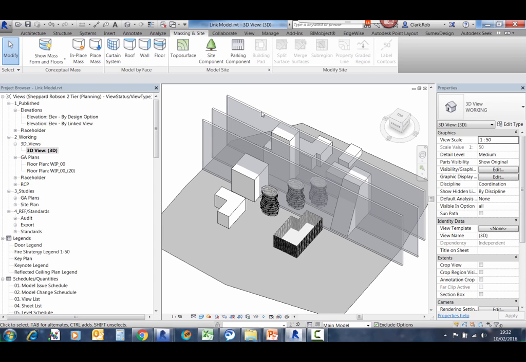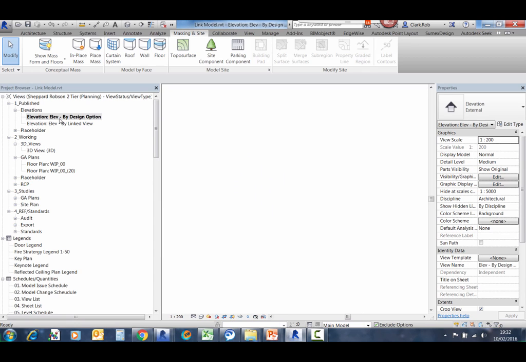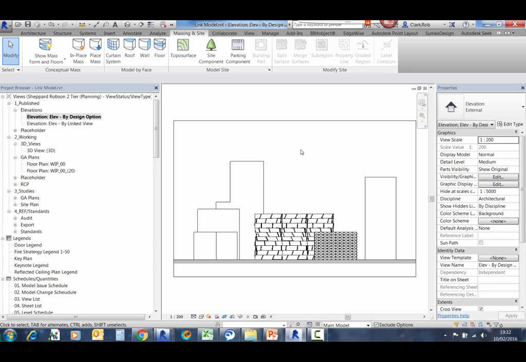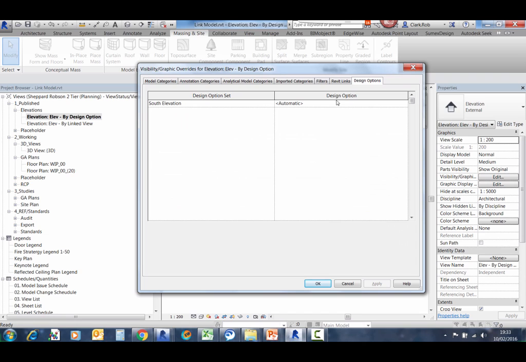And these are actually masses. You could do them using generic models. The category is irrelevant, providing that the object has a transparency, because this is using the default mass material. The default material in this particular template already has this transparency applied to it. So just switching to this elevation, once you have those all set up, and basically you look in plan, put them in position, and then within here we're just using turn on, I'll talk about the design options in a second,